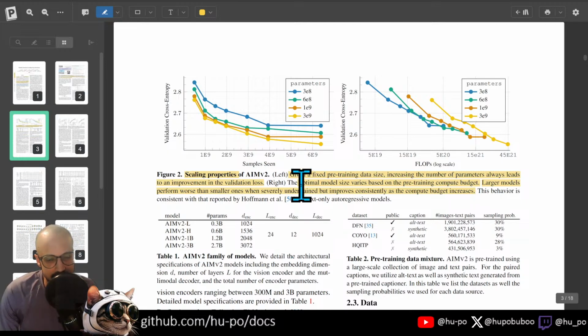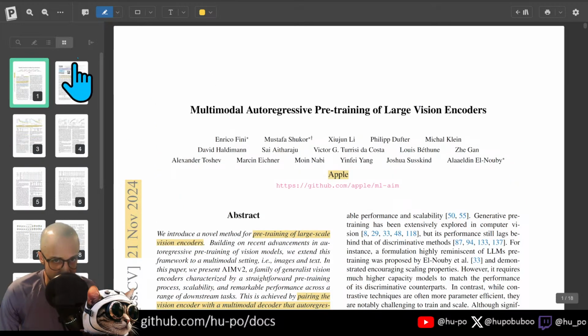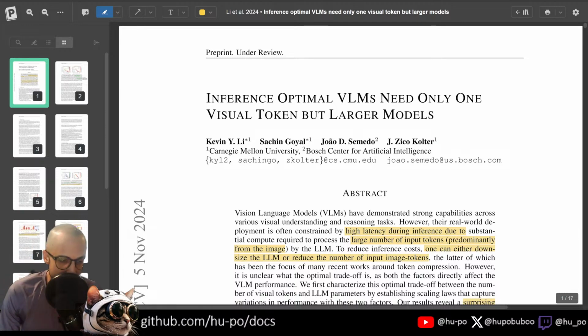But basically, as we continue to put more and more money into these vision encoders and make them bigger, the performance is going to increase. They're going to get smarter. So we're going to get smarter and smarter vision encoders over time. These vision encoders